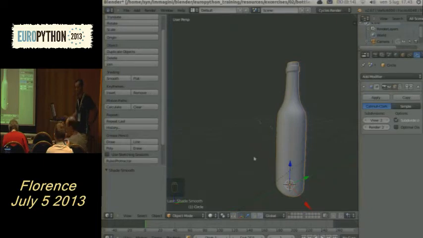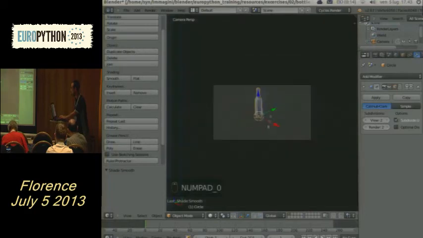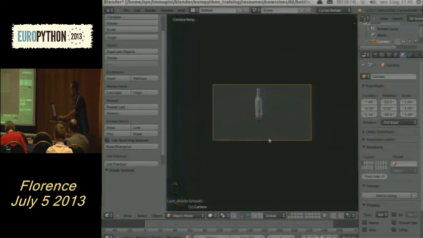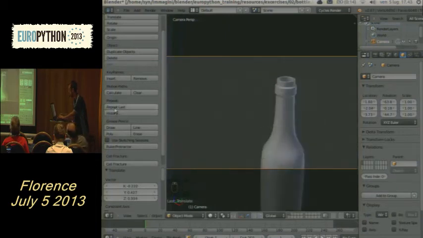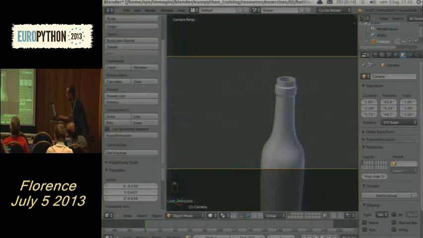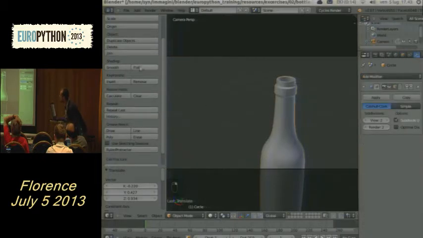When I press F12 to render it, yes, of course. I can show you. Now, I'm going to zoom. You don't have to do that. Just to show you the difference. If you render with flat shading,